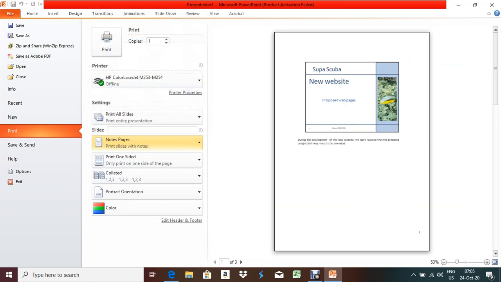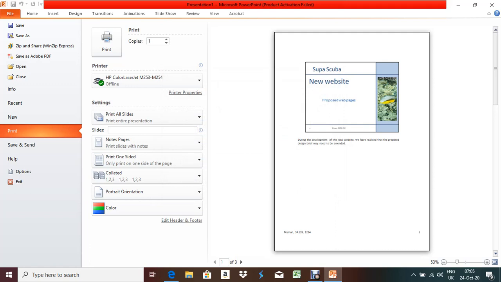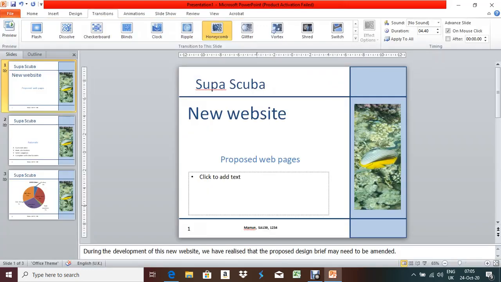Okay, so here presenter notes are visible. Another thing you have to do is give your header and footer. Suppose I want to give the footer, I want to write my name, center number, and candidate number. Then apply to all, and it will be applied to all pages. Clear? So this way you can print using presenter notes.